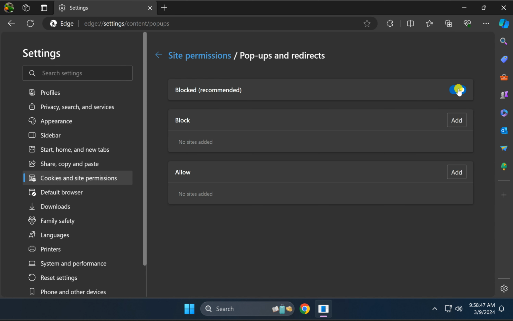Here you need to enable this toggle switch to disable pop-ups in the Edge browser, and in case you want to allow pop-ups, you need to turn off this toggle switch, and in case you want to allow any specific website's pop-ups, then beside this